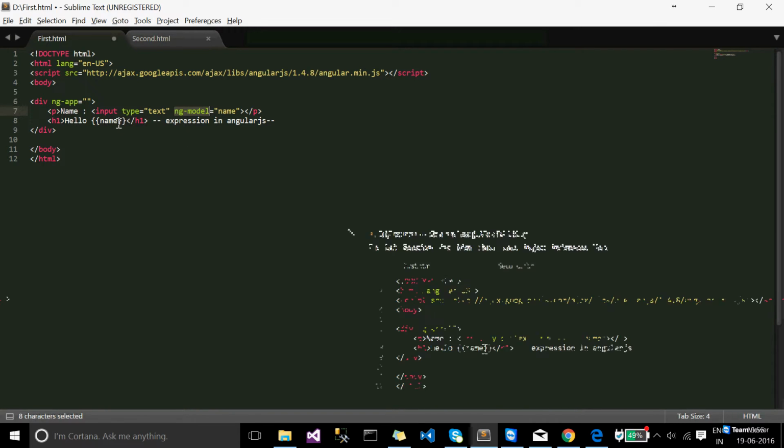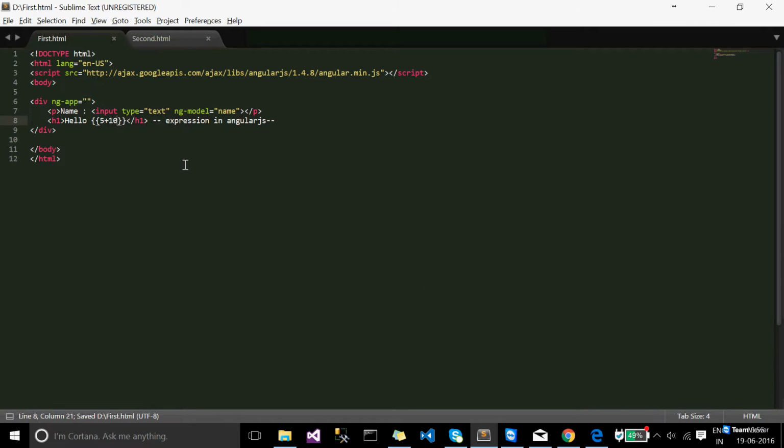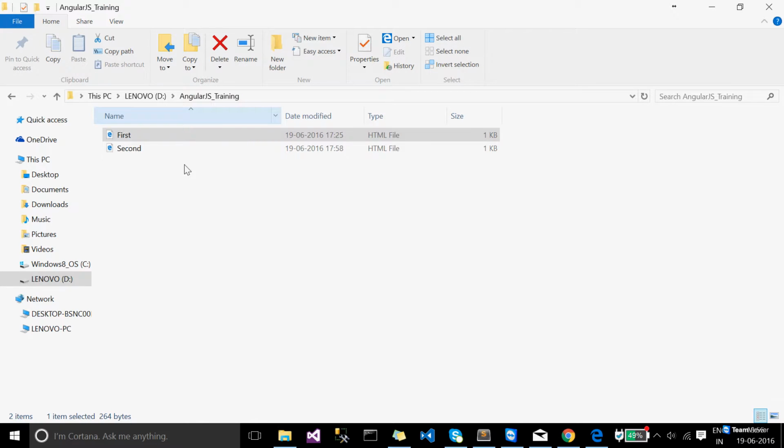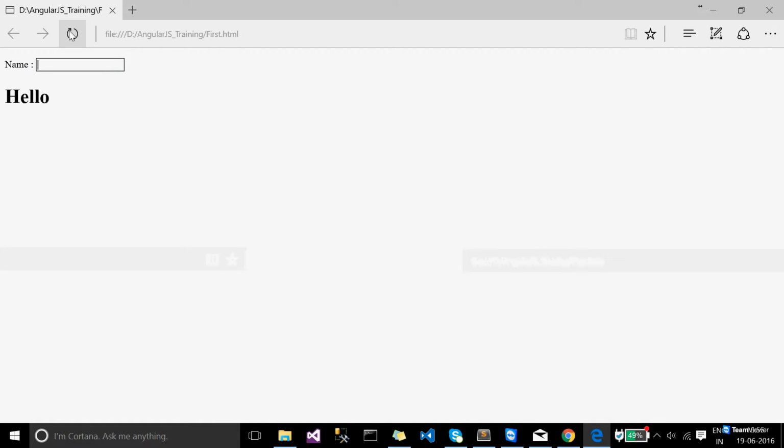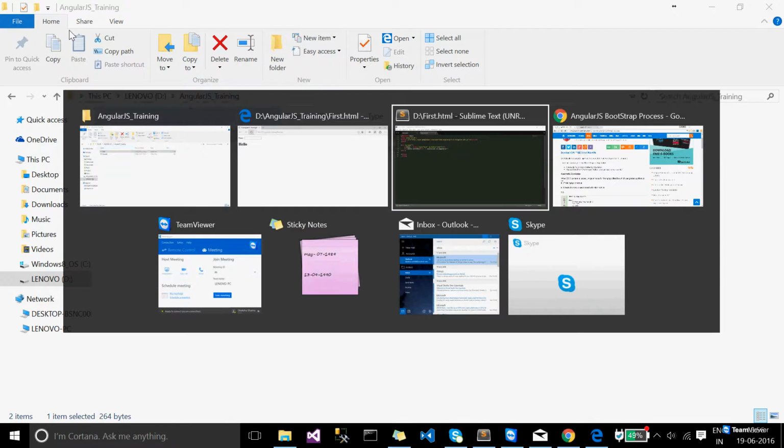And you can simply pass data using this, because you are not writing anything explicitly. It does everything implicitly. So this is the thing. And what you can do more in AngularJS is, if I remove name from here and write 5 plus 10,